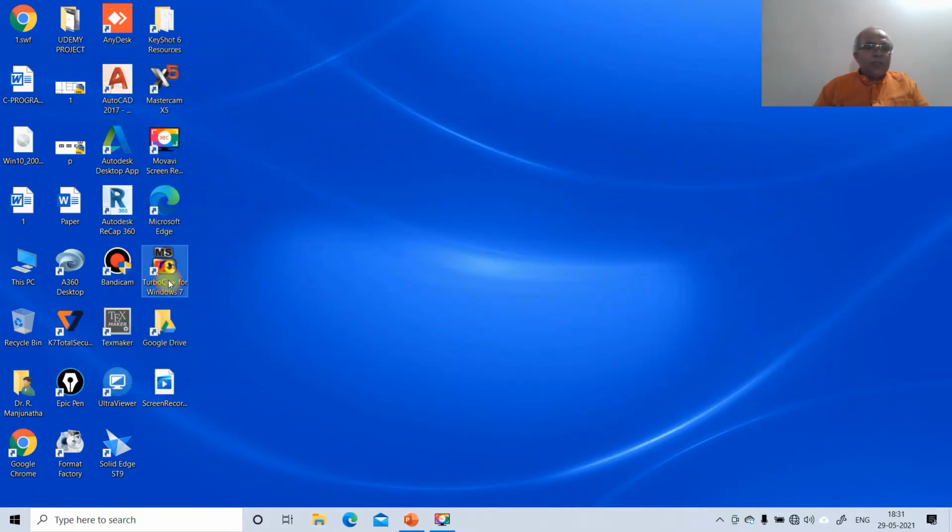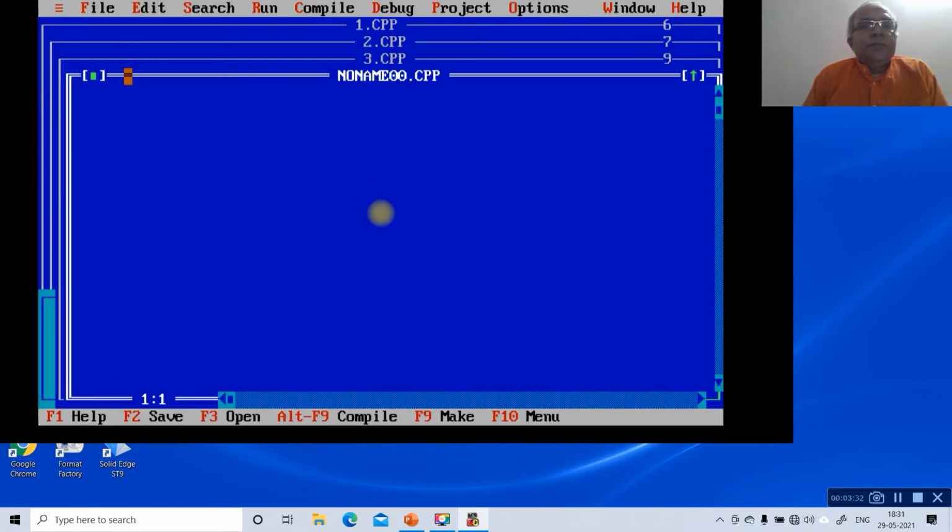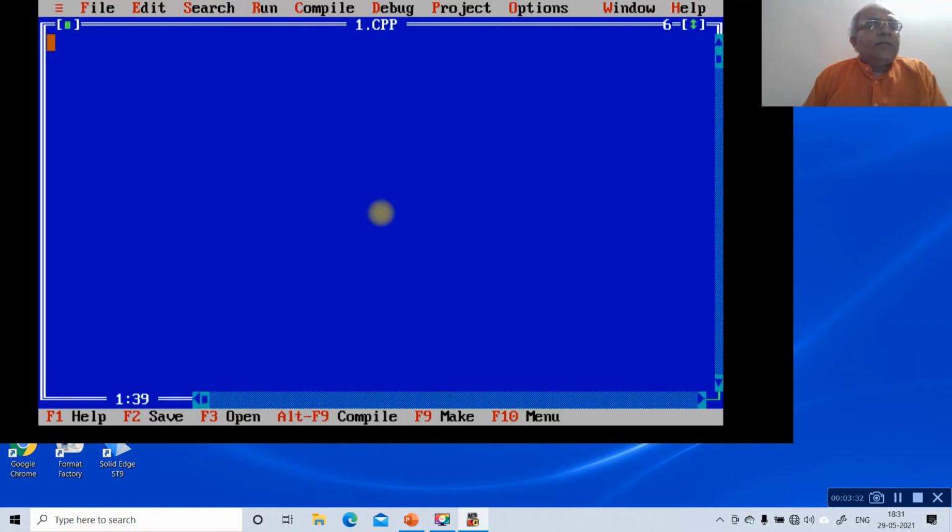Now we will see how this program works in C. First we log into Turbo C++. Here we first say include stdio.h, then include conio.h.